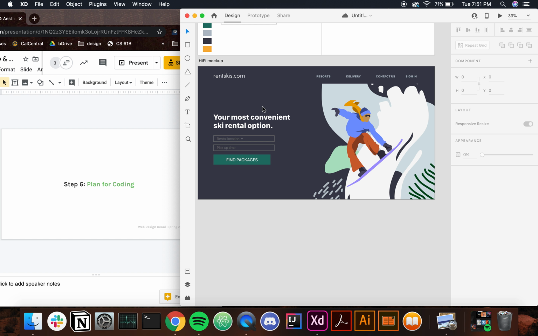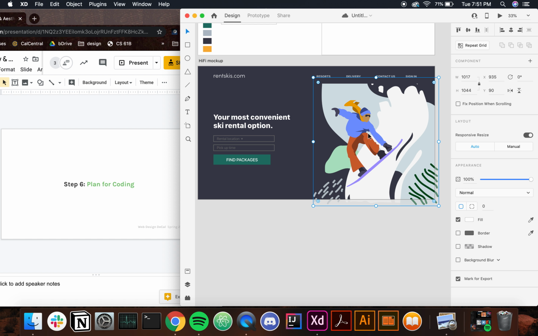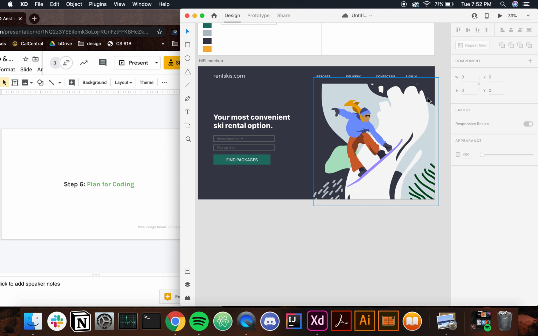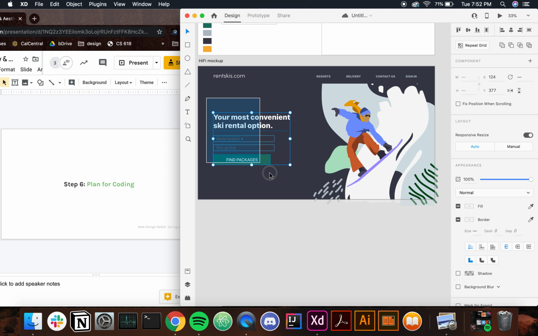So you can think about coding it in a very similar way. For example, the illustration is an image on its own, and you would position that and create its own div for that. A div perhaps for the image and for this grouping here,